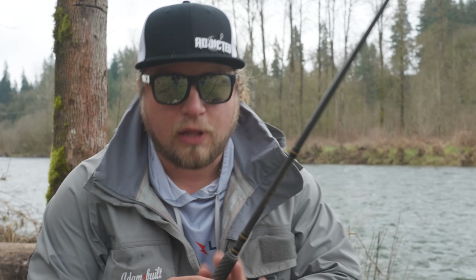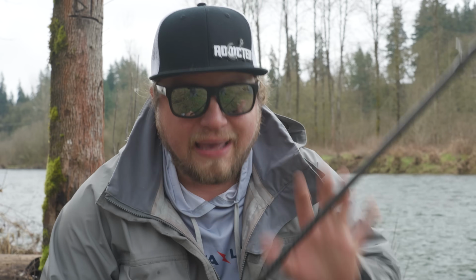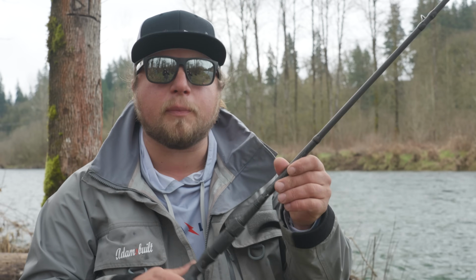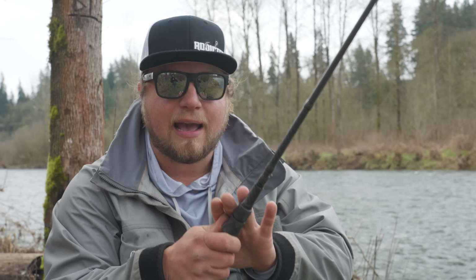Now before I go ahead and put line on this reel and get this thing ready to fish, I'm going to talk about our other rod selection, and that is the HELRD rod. Now this rod is in the bait casting model, which is a little bit harder to learn if you're just beginning fishing. But I have to say, as you graduate in your fishing skill and you start to be better at casting and reading water, there is a lot more sensitivity that comes out of a bait casting setup just